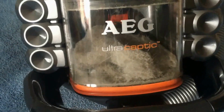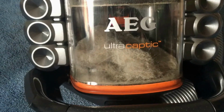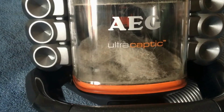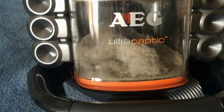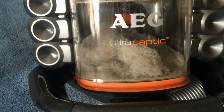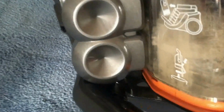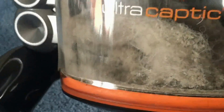Okay, so as I was just saying and explaining about the pickup, at this point of recording this video, the hoover has been with me for around about 45 minutes. So I have hoovered my whole house, which is landing, bathroom floor, 2 upstairs bedrooms, stairs, front room, hallway, back room and kitchen. And this is the collection of dust and dirt, and there's a couple of big bits of fluff in there that came from the inside of a dog's toy. As you can see, there's quite a lot of...